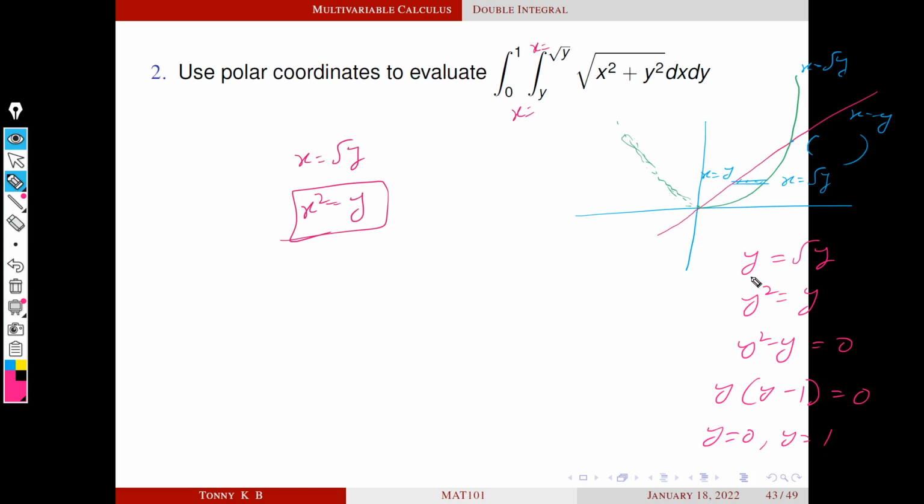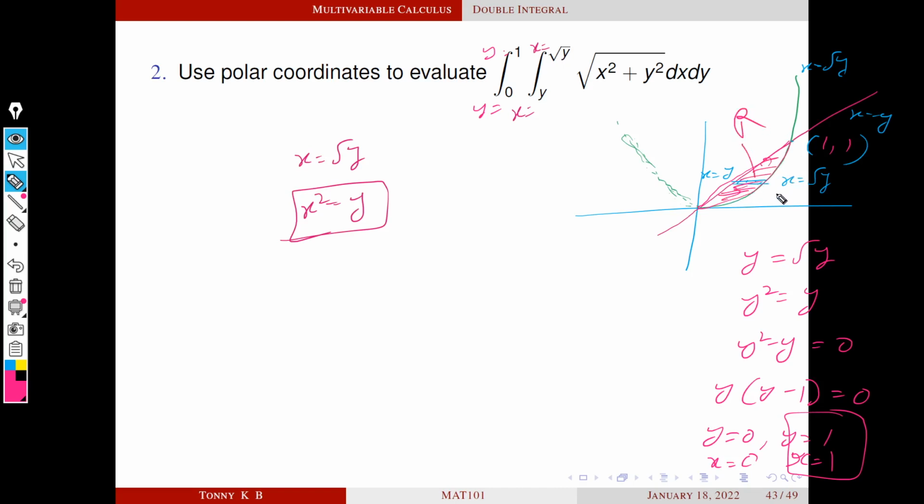y equal to 0 at this point, and when y equal to 0, what about x? From this equation, when y equal to 0, x equal to 0, and similarly, when y equal to 1, x equal to 1. So this is our required pair. This point of intersection is (1, 1). Clear? So now it is clear that the range of y is from 0 to 1. That means the strip is starting from this point up to this point. So this is our region of integration. This is our R.